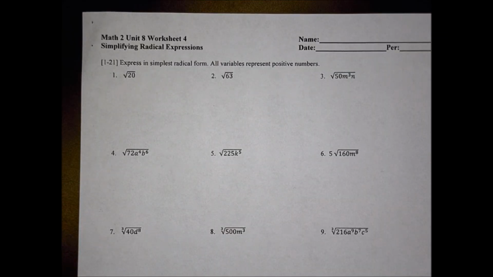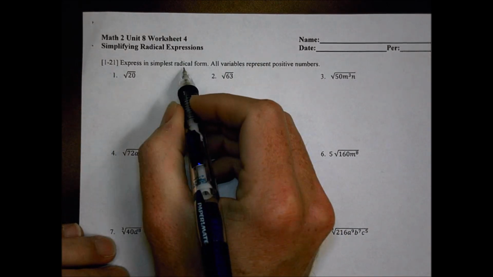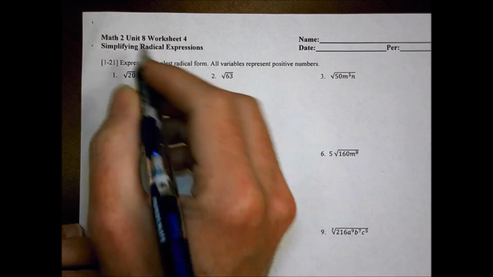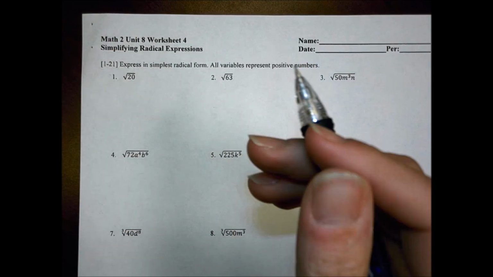Hey, this is Math 2, Unit 8, Worksheet number 4. Alright, we're going to express in simplest radical form. All variables represent positive numbers, so we're going to take these apart and break them down to the simplest radical